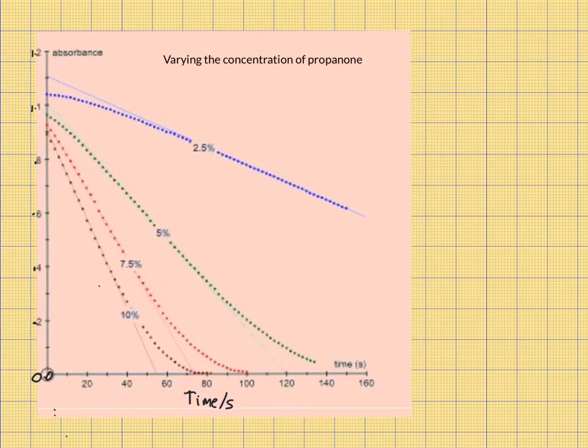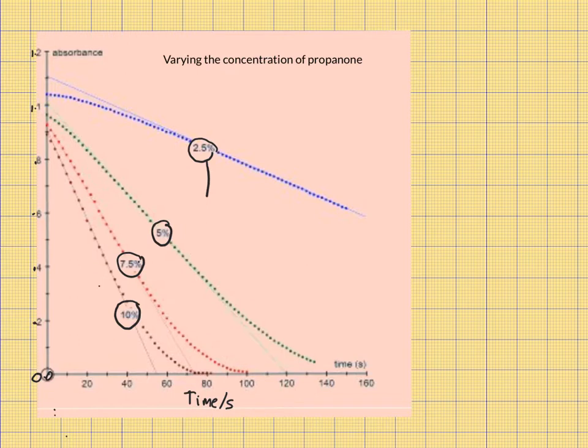Another series of experiments were carried out in which the concentration of the iodine and acid were kept the same, but this time the concentration of the propanone was changed. So the concentration of propanone went from 2.5% and then doubled to 5%, and then increased to 7.5% and then to 10%. So here the concentration of propanone had gone up 4 times. If we now calculate the gradients for each of these 4 experiments, that will give us the rate for the